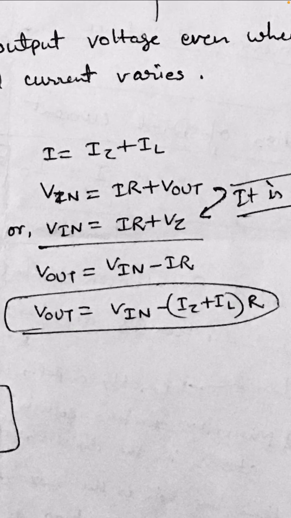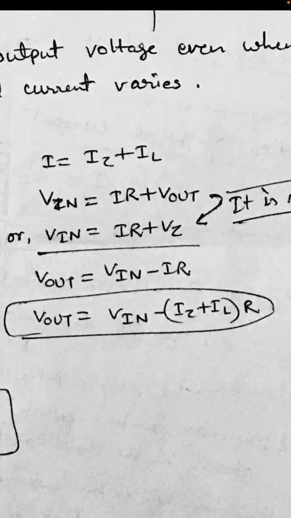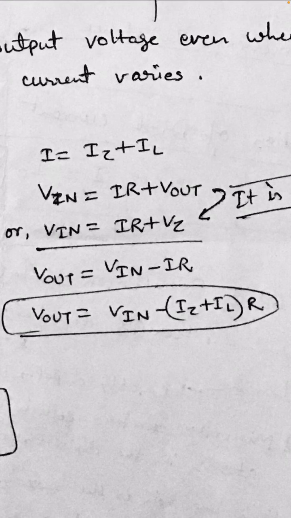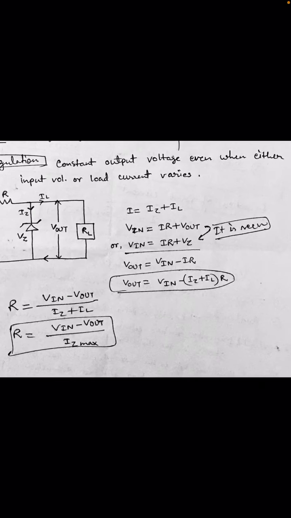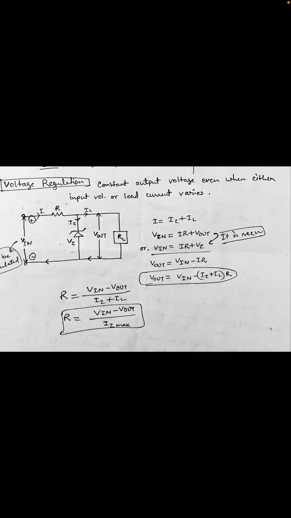एंड ऐसे ही अगर हमारी लोड करंट मीन्स IL भी चेंज हो जाए, ठीक है, तब भी V आउटपुट चेंज नहीं होगा, बिकॉज IL चेंज होने से Iz फिर से कम या ज़्यादा हो जाएगा। ओवरऑल I इक्वल टू Iz प्लस IL है, वो सेम ही रहेगा। IL ज़्यादा हो जाएगा, लोड करंट ज़्यादा हो जाएगा, तो जेनर कम ले लेगा, तो टोटल करंट सेम ही रहेगा। इस तरीके से जेनर की ये मैकेनिज़्म है कि हमको एक रेगुलेटेड वोल्टेज देता है, तो पावर सप्लाई कंप्लीट हो जाती है यूजिंग द रेक्टिफायर एंड दिस फिल्टर्स एंड रेगुलेटर्स।